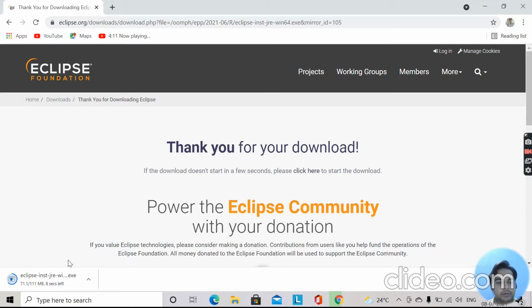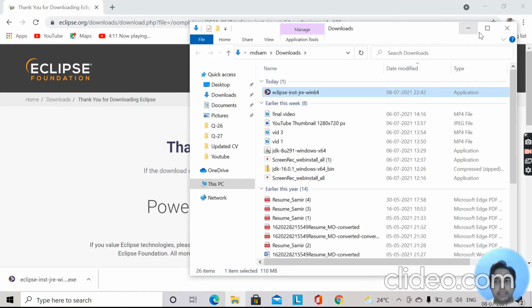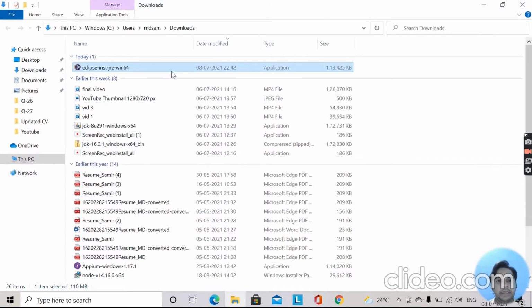So guys, we are almost there. Okay, so download is completed. Let us open the exe file. Let me maximize this so you can see one exe file is there. Just double click on this file to run it.